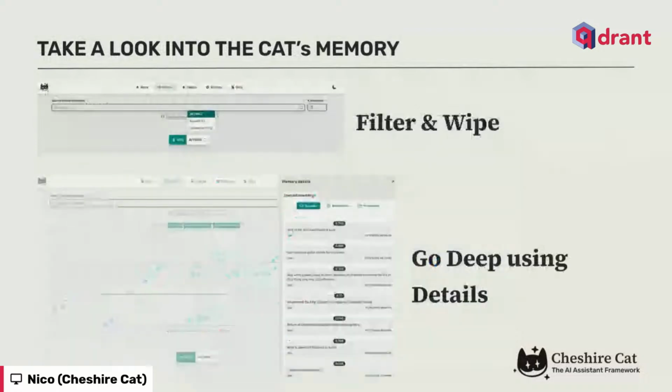We can filter on the memory, and we can wipe a memory or all memory and clean all our space. We can go in deep using the details. We can pass over the dot and we have a bubble, or use the detail and we have a list of the first n results near our query for every memory.